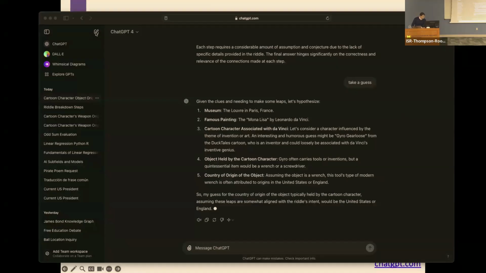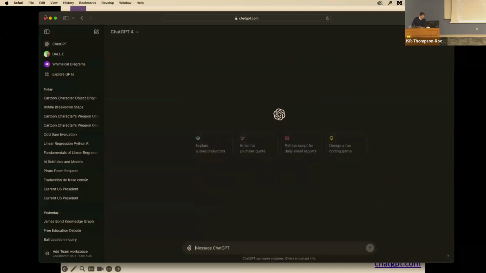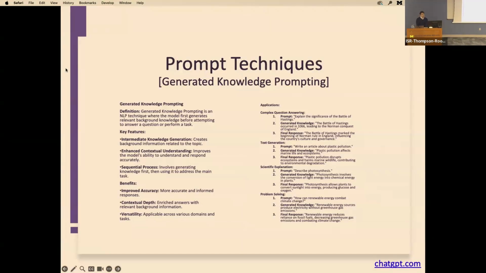So the next slide is generated knowledge prompting. So what exactly does that mean? Well, as we remember, ChatGPT is trained on a specific data set, and there's a cutoff date for this knowledge. If something new has come out, we could ask it to search the web. However, it doesn't always work that way. Maybe it's not able to find the correct documentation, or perhaps we want it to use our own knowledge, something that's not available online. So in that case, we are going to update it.